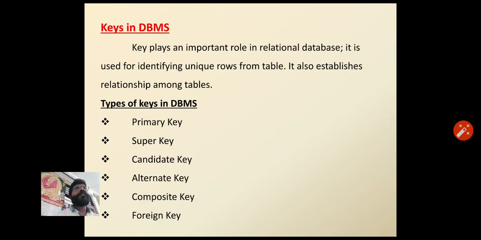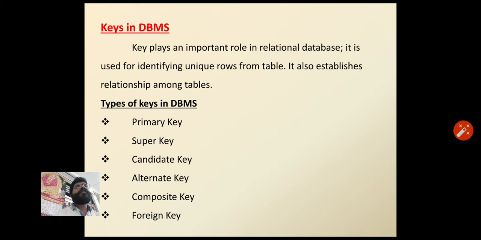For example, suppose an entity has attributes student ID, student name, student age. So, the attribute student ID alone is a primary key, as each student has a unique ID that can identify the student's record in a table. So, that means student ID is a primary key because each and every student has a unique student ID.